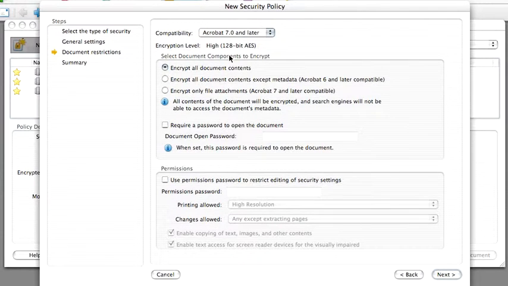Now, what is it that you'd like to encrypt? In most cases, you'll probably choose to encrypt all of the document's contents. However, depending on the kind of policy you're building and how you intend to use it, you may choose differently. For example, you might want to encrypt all of the document contents except the metadata. Why would you do that? Well, if you were giving your PDF file to a content management system, then the content management system could still find the PDF file among the many files that it's managing, yet the encryption would still not allow you into the file unless you had the